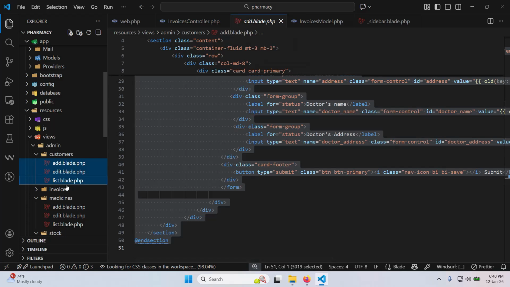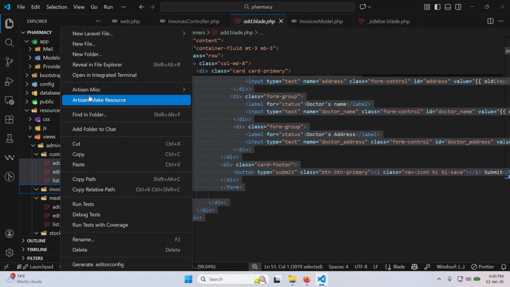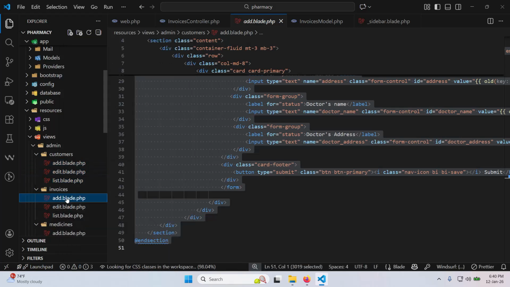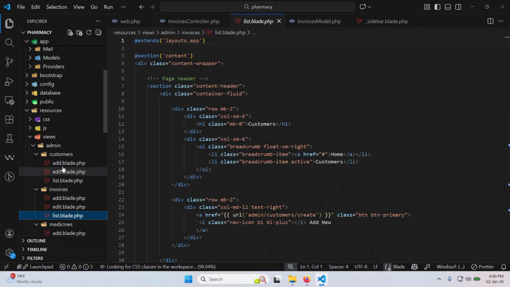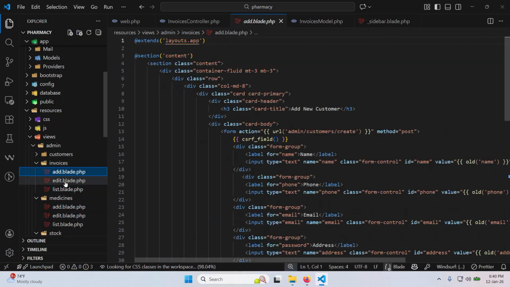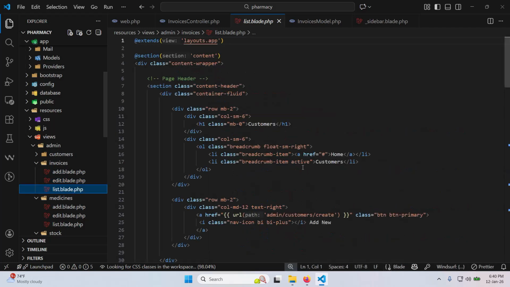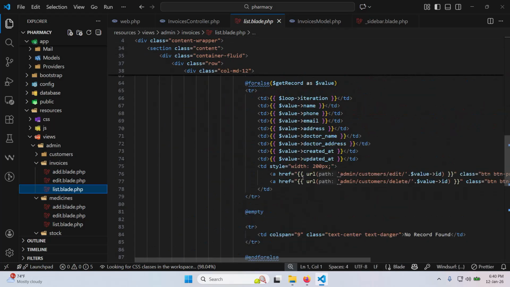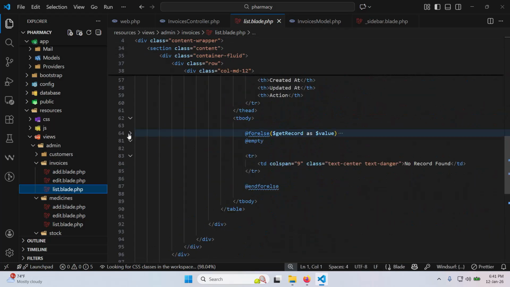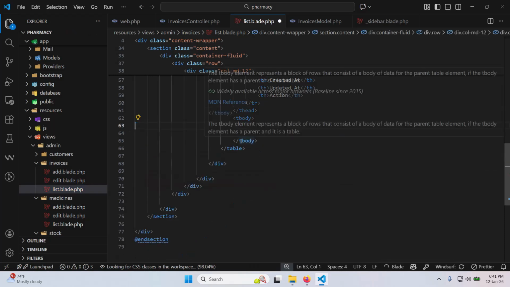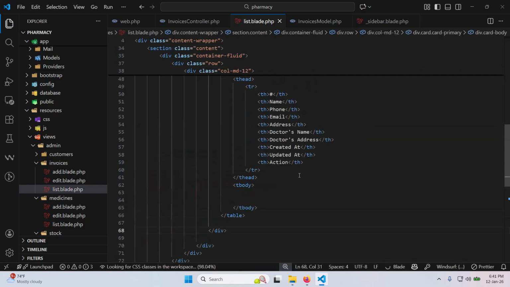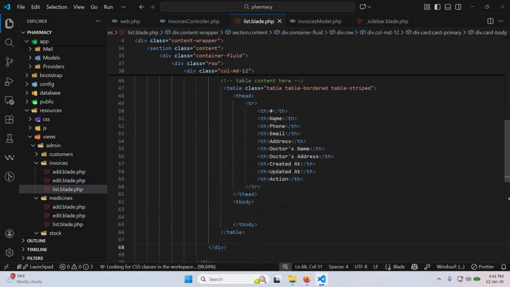Okay, so bring them in the invoices folder, so paste that. Now we have add, edit, delete. So let's come here and remove the for else function. We remove the for else because we don't need to get the errors,